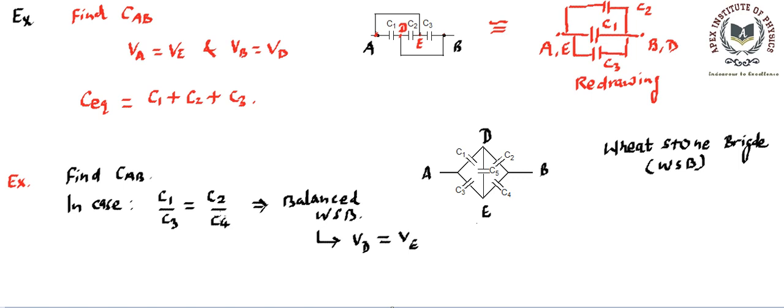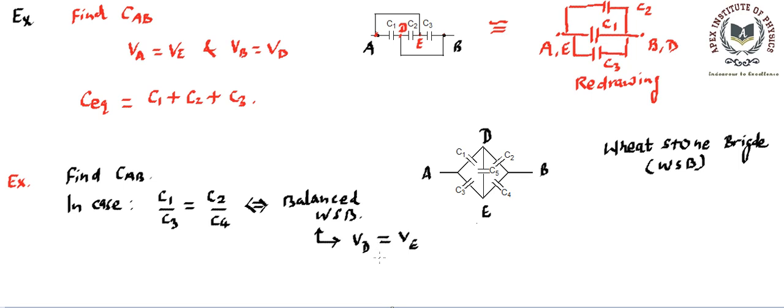Whenever you use this condition, you'll find the potential of D and E are going to be equal. So you can consider it as homework and try to find that when we make this condition, the potential of D and E becomes equal. Or you can work the other way around. That means if you consider the potential of D and E to be equal, you will find this condition back. That means it is true both ways. So either you can go in this way or you can go the other way around.